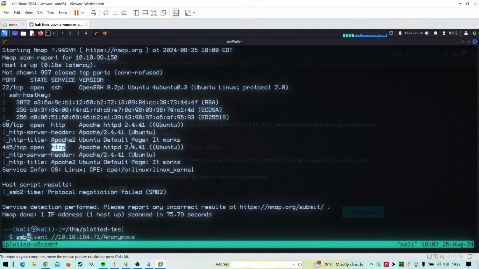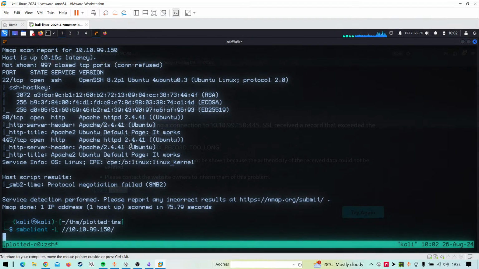So just a second. smbclient. If I do -L and just paste the IP, by default it will take port 445, and if Samba is not on, it should not show that. I had to do this because 445 is generally